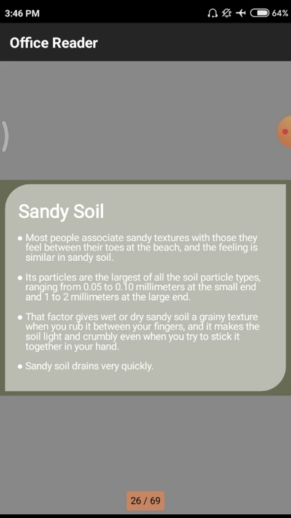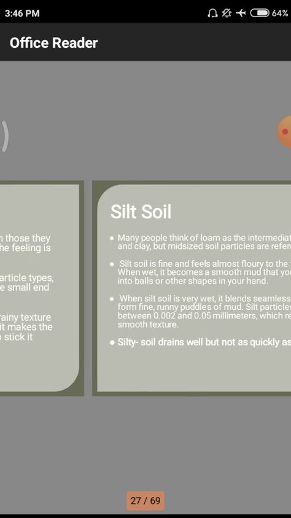We need to connect one subject to another for better communication and understanding of subjects, because we have to work totally on soil. Without soil there is no construction. We need to construct each and every project on soil itself. Some projects are constructed in water, but there may be a foundation resting on soil, so we have to focus mainly on these parameters of soils and kinds of soil types.